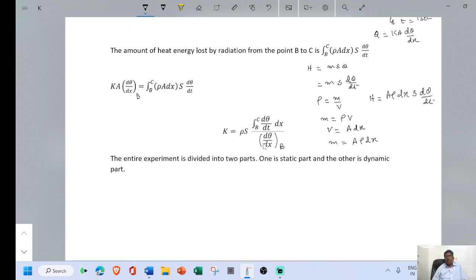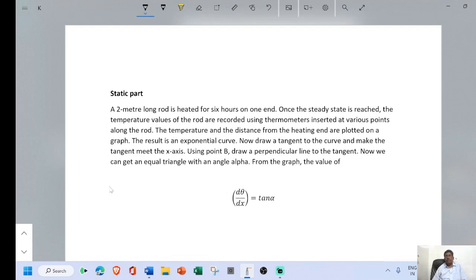Now the numerator and the denominator are estimated by performing the experiment. The entire experiment is divided into two parts. One is static part and the other is dynamic part. I will go to the static part. In the case of static part, the experimental rod is heated for at least 6 hours. Once the steady state is reached,